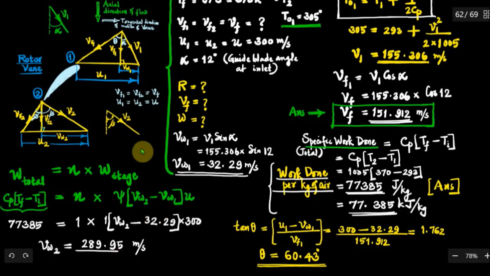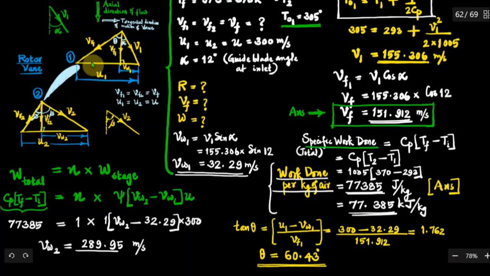Now we will consider the velocity triangle, and you can find out the remaining angles in the inlet velocity triangle. The inlet guide blade angle at inlet alpha is available, but the vane angle or blade angle at inlet theta is not available. So if you want, you can find it out. If you take this right triangle, in the left side portion of the inlet velocity triangle, you can get the value of tan theta. So tan theta is equal to opposite side by adjacent side.